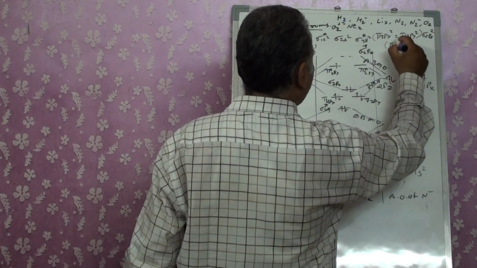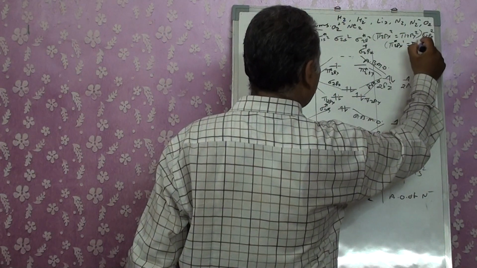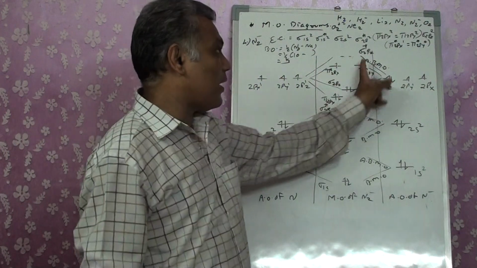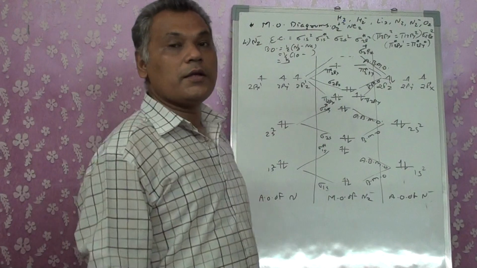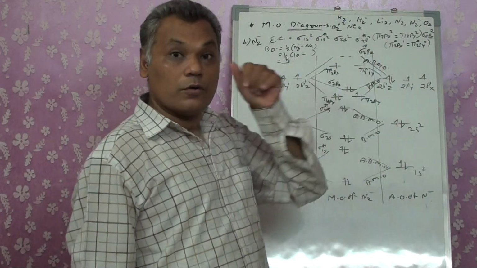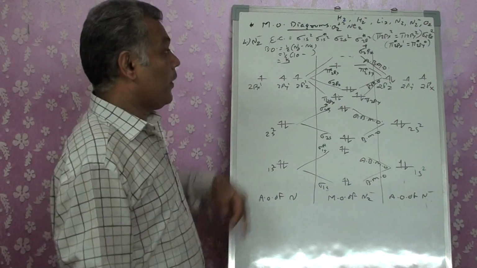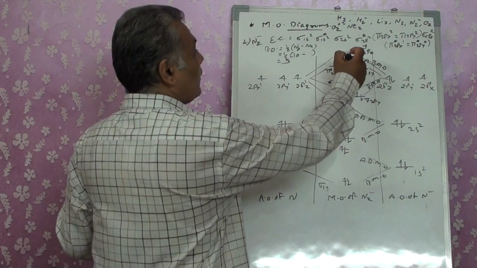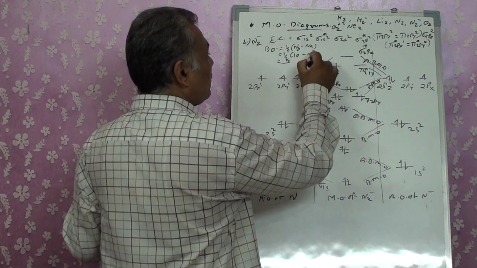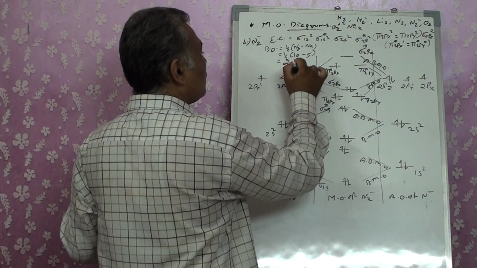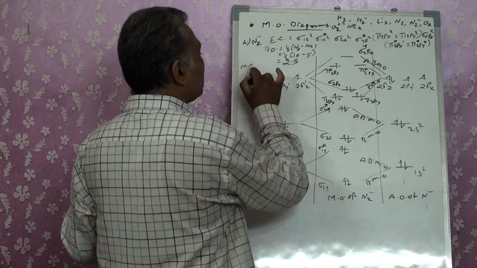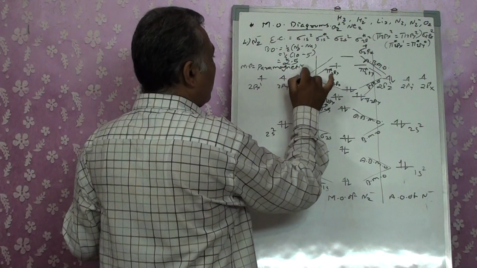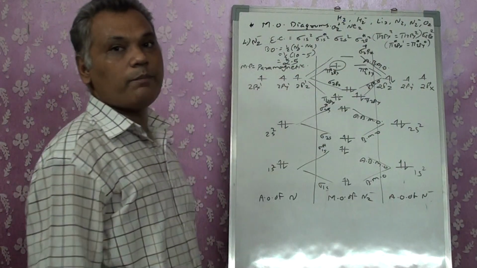Pi 2px, pi star 2px1 equals pi star 2py0. When you have the same energy for the pi orbitals, you will have to show them together. If no electrons are there, we'll put 0, but it is necessary that it should be shown. For the separate orbitals, we are not writing it, right? Now you have anti-bonding 5. So bond order changes to 2.5 and your magnetic property is going to become paramagnetic, because it contains one unpaired electron.